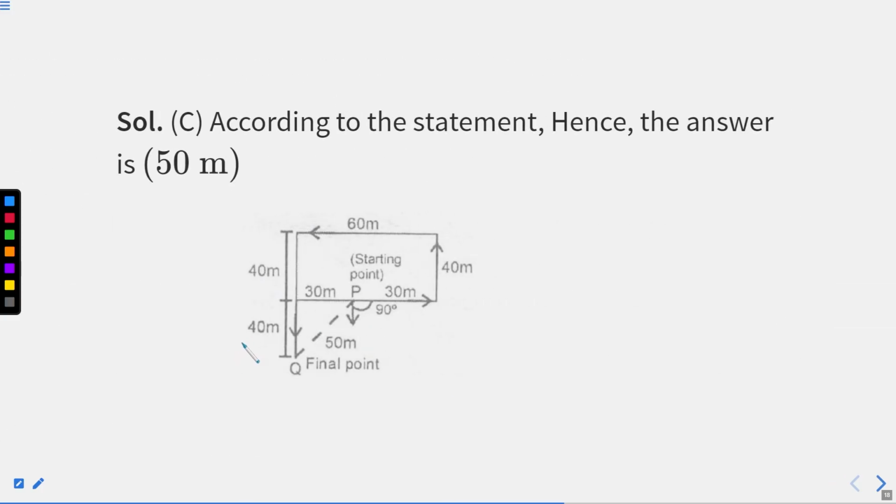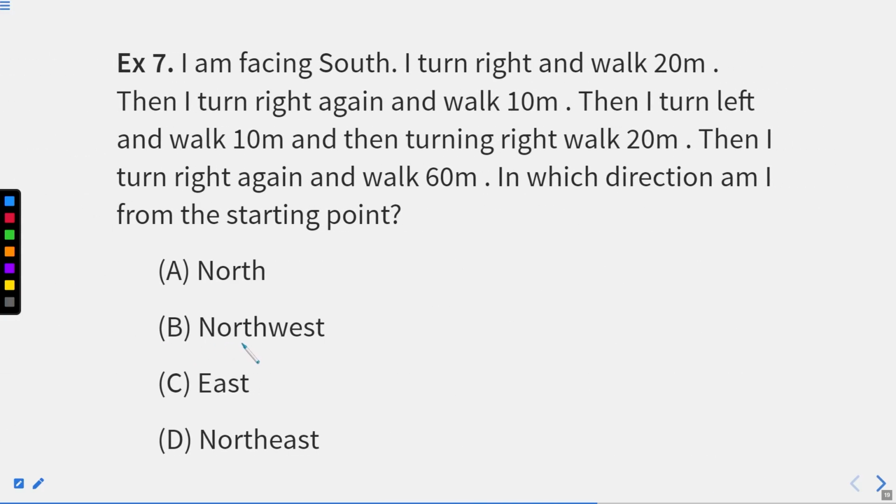Now I'll move to the next question where we are dealing with a different kind of question. Before we read, I would like you to understand the process again. First is to read the question properly, and if any direction or instruction is given, read them properly, right? And then start making the diagram accordingly by understanding the correct turns as well as the directions, right?